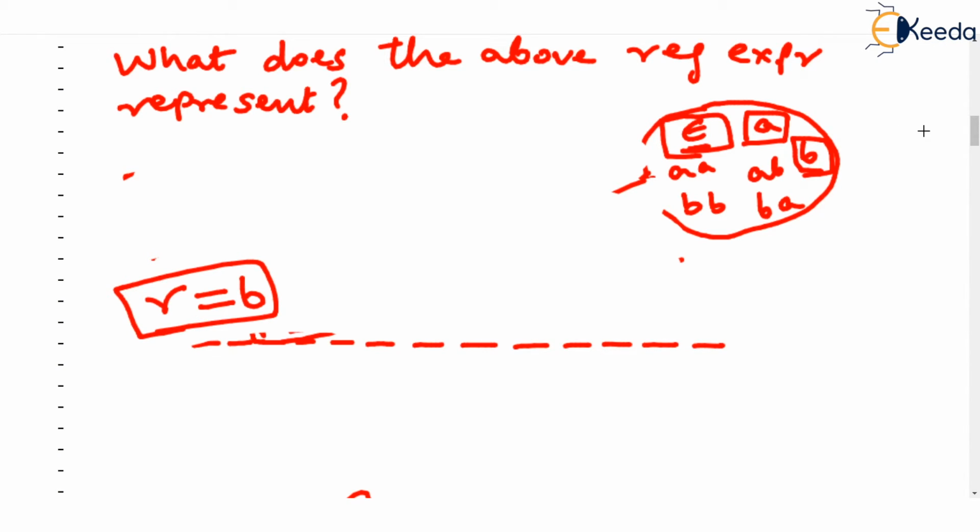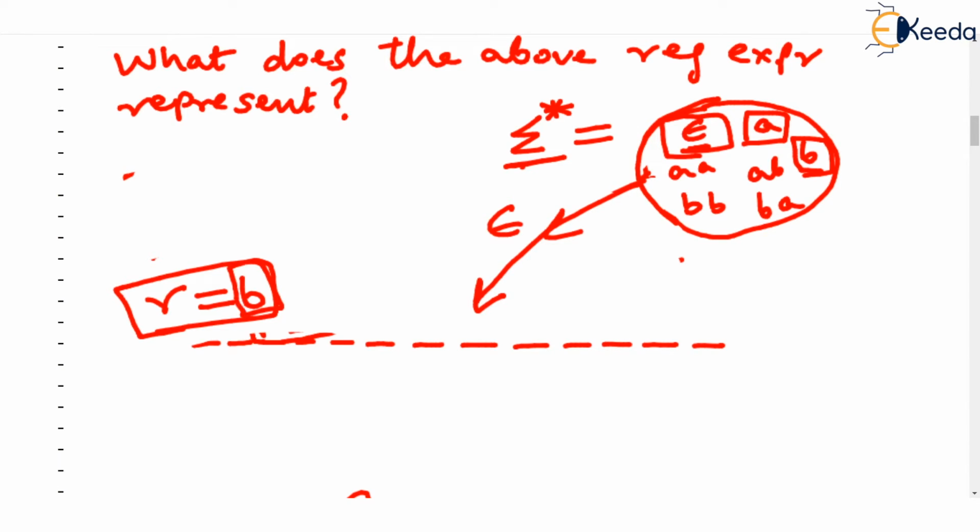And you have this huge set again. By the way, this set is also known as sigma star. Slowly and steadily, I am telling you all this. What is sigma star? Sigma star is a set which contains all possible words or strings which can be made using the sigma alphabet, using characters of sigma. Now, what if you feed epsilon to this filter? But then the test is R should be B and epsilon doesn't match B. So epsilon won't be in the output set.